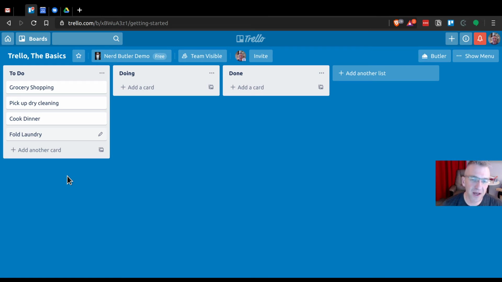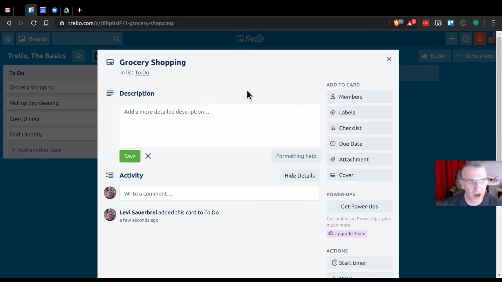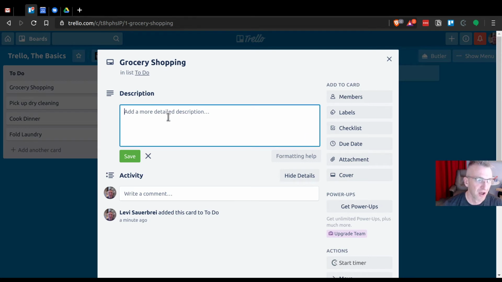The really nice thing about cards in Trello is that when you open them up, you can put all kinds of information on them. And we're going to go through all of these eventually. But to start with, I just want to go over the ones you're going to use the most probably. So we have the title of our card, which we created when we made the card. Here's a description. And you could write your grocery list right here, but we're not going to do that just yet. All this is going to say is Whole Foods and